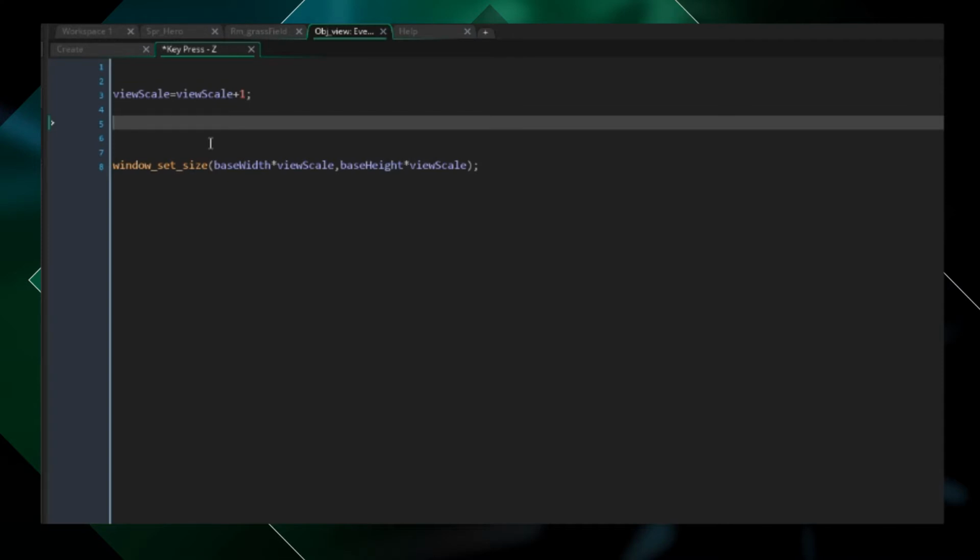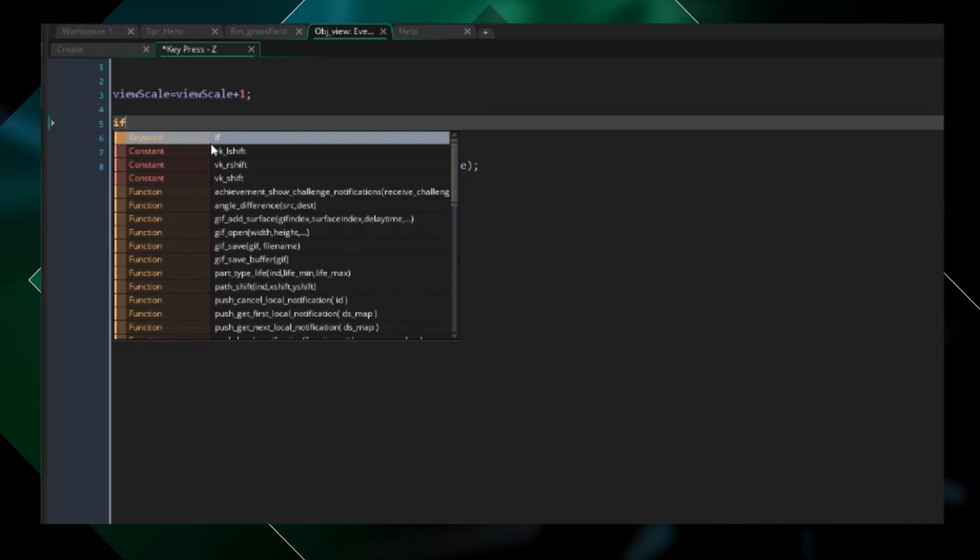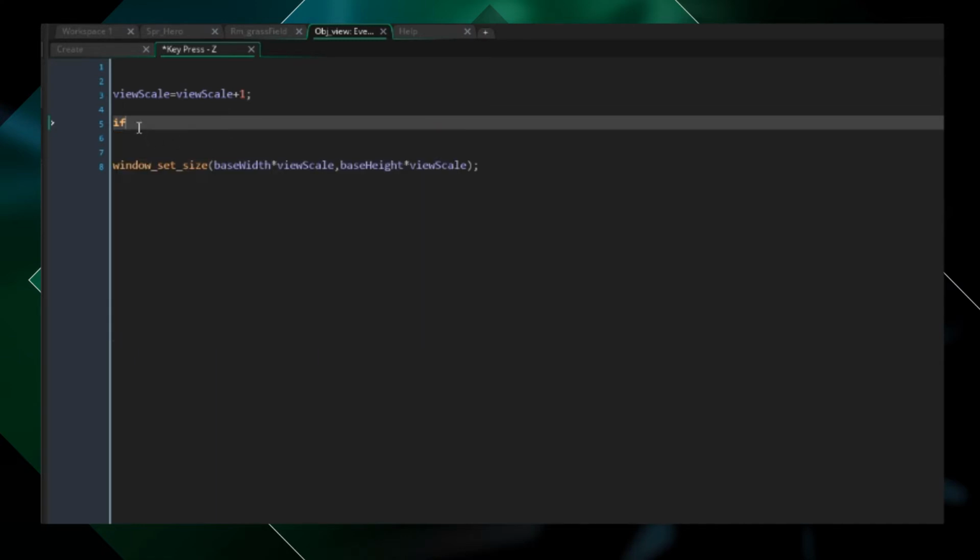Awesome. A perfect opportunity to introduce a very simple condition. We want to check a value, and then depending on what that value is, we're going to want to run some code. The very most basic conditional statement is, of course, if. If, as you notice when I typed it, turned yellow. If a word turns yellow or orange, it means it's a keyword. It has a special function. In this case, if, and then you can put